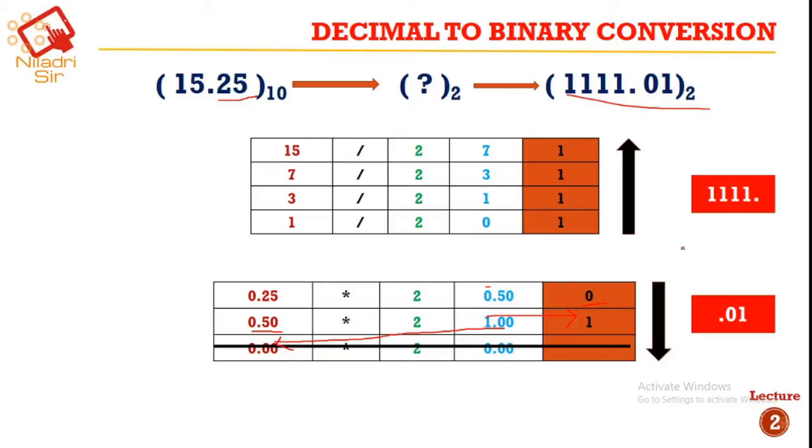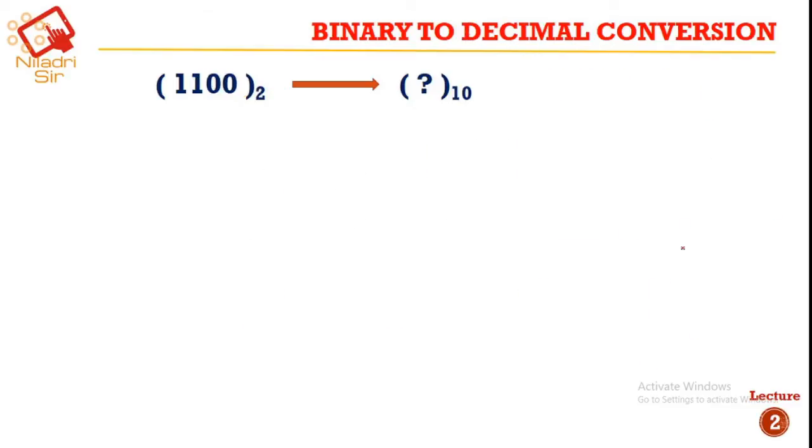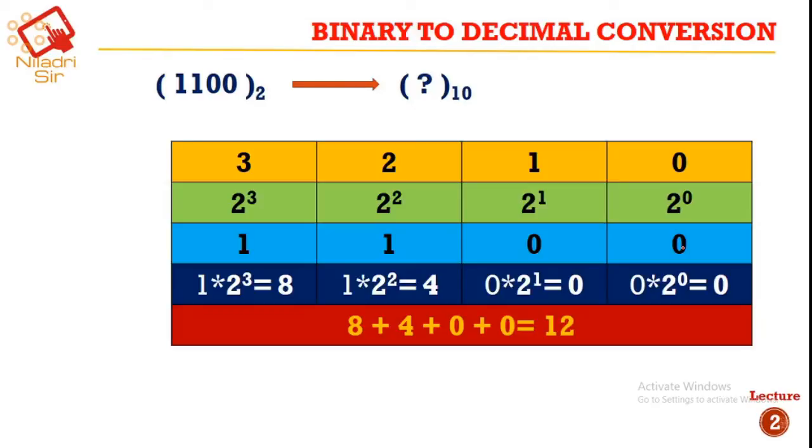Okay, this is the answer. Let's do the opposite, that is binary to decimal conversion. For binary to decimal conversion, we will write the number in this way, that is 1101. These are the numbers. After that, these are the index values, and the index value will start from 0, 1, 2. As it is a binary to decimal conversion, it will be 2 to the power index.